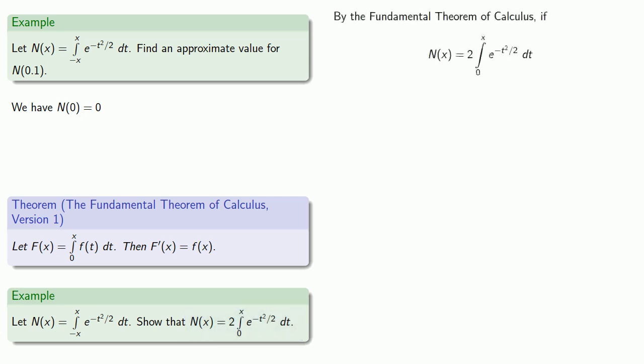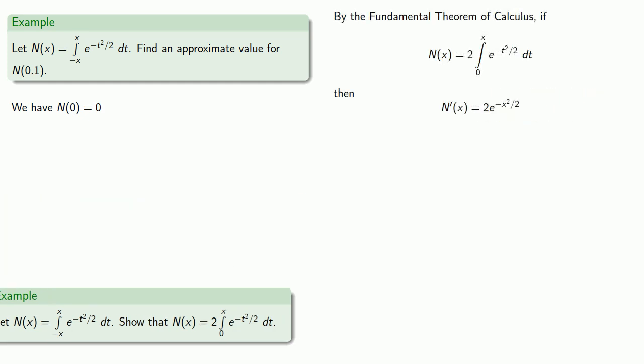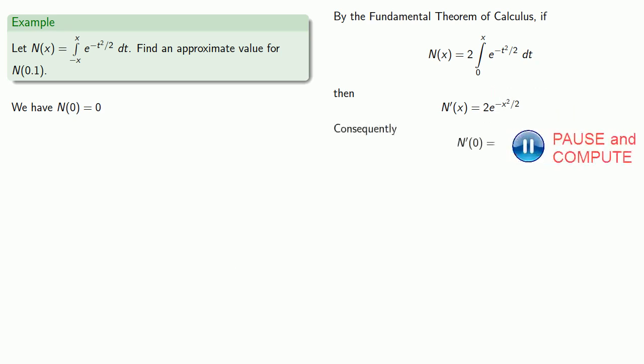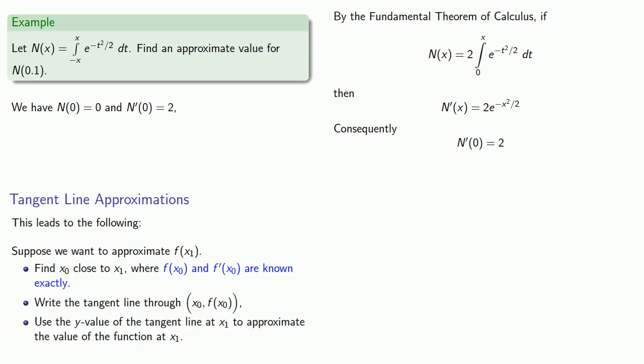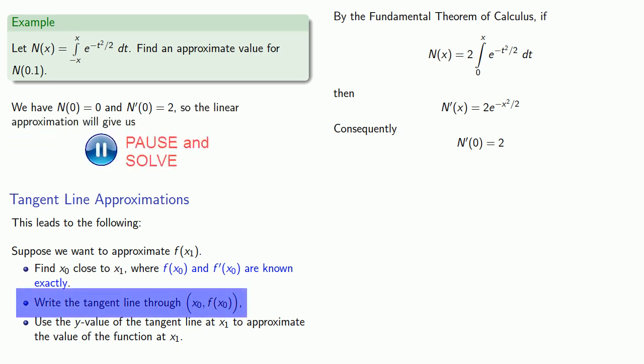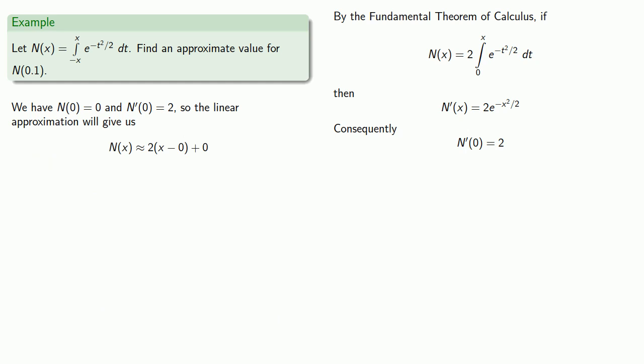So we can apply the fundamental theorem of calculus to find the derivative. And that tells us that n prime of 0 is equal to 2. And so now I know the function value, I know the derivative, so now I want to write the equation of the tangent line. And if I want to approximate n of 0.1, it's going to be